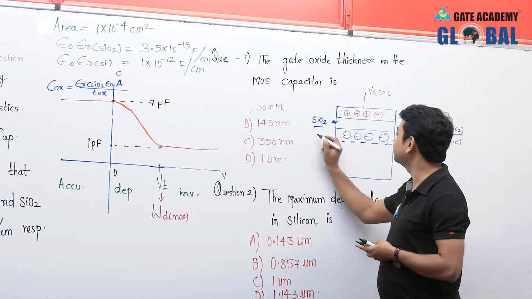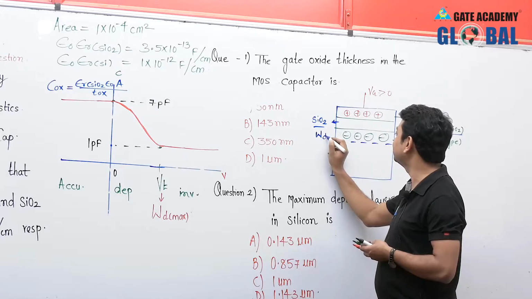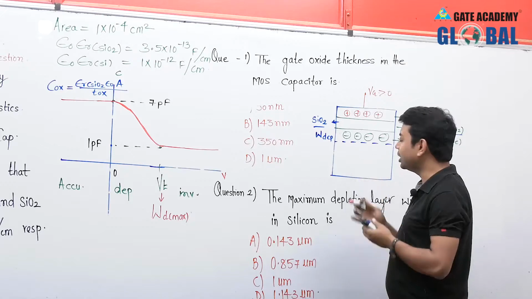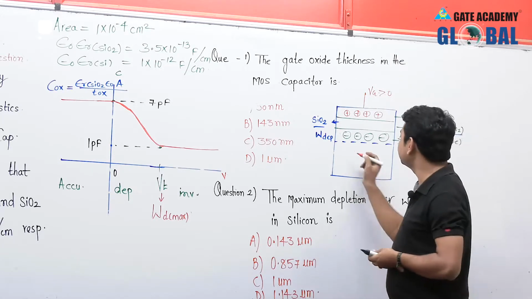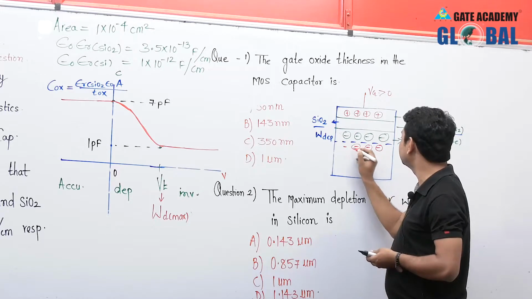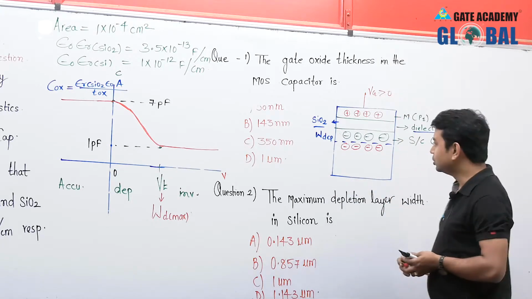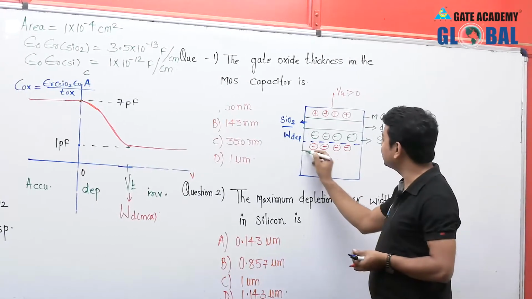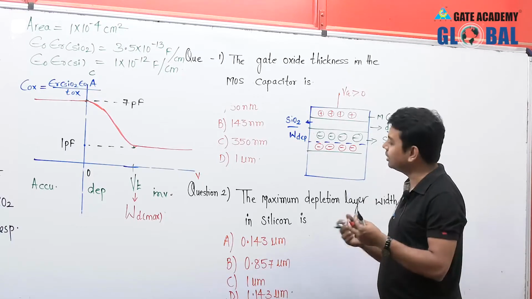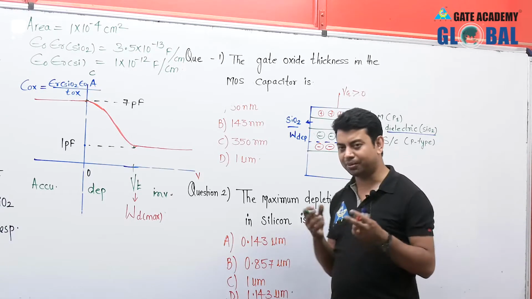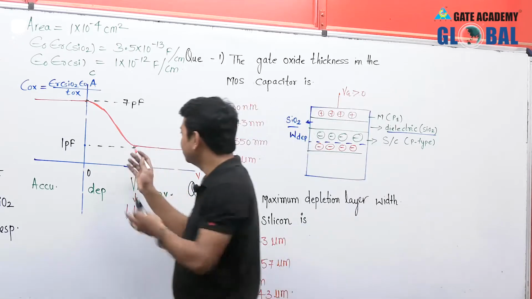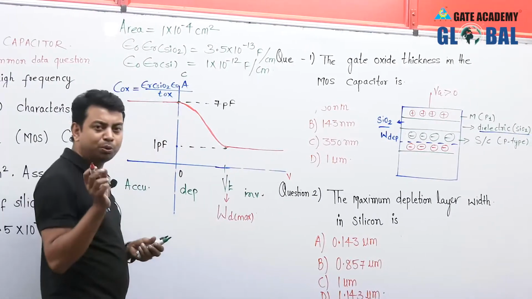So we have some width of the depletion region, W depth, and below this we have certain charge carriers which are again negative ions. So the capacitance is due to the increased amount of charge carriers, this red part and this red part. I have discussed these things so much, and now in the depletion region, the capacitance is due to two particular